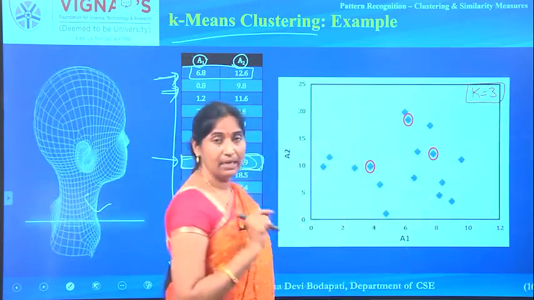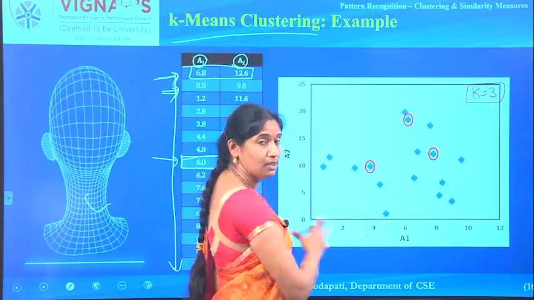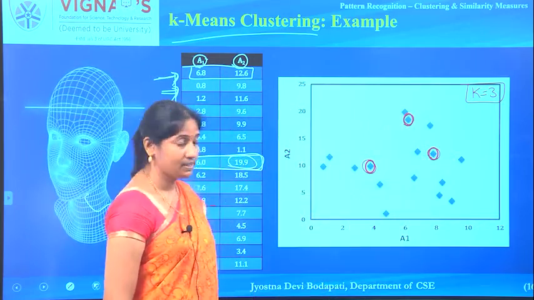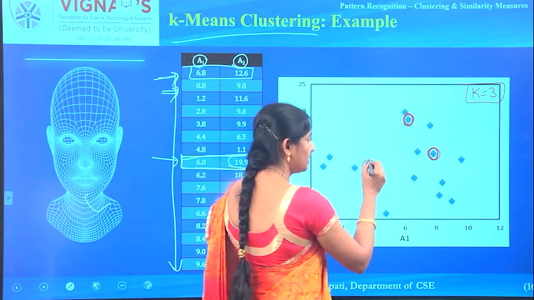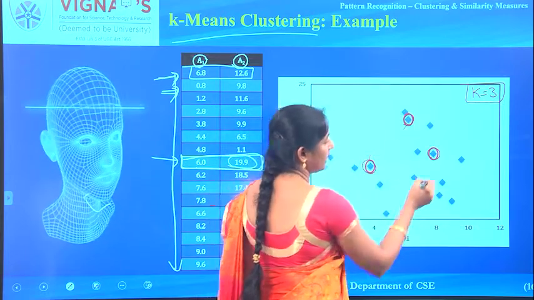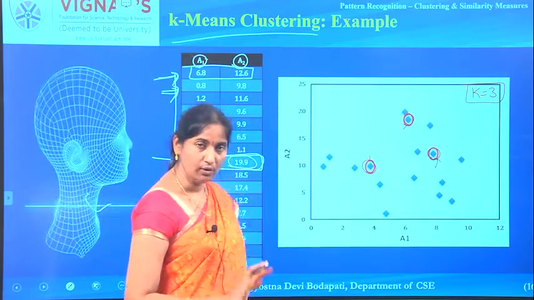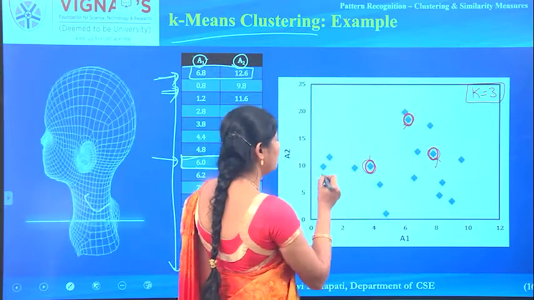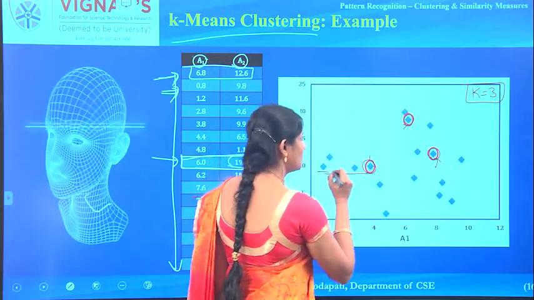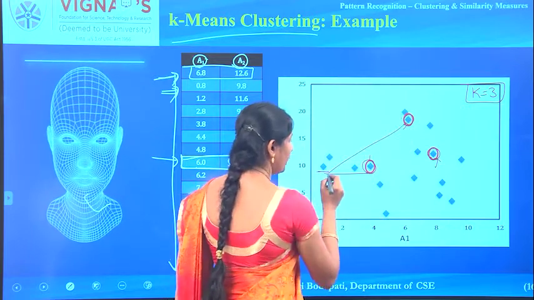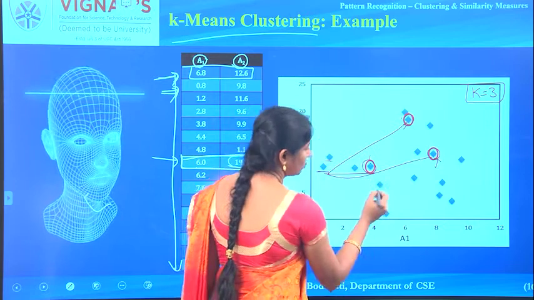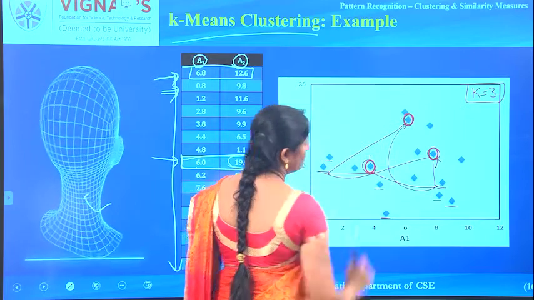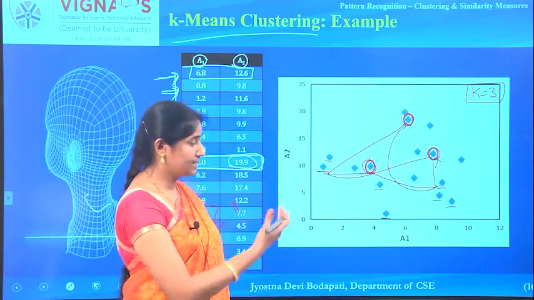In that case, the first step in the algorithm is to choose 3 random samples from the data, and I am choosing this sample and this sample as random samples. Then this becomes the centroid for the first cluster, the centroid for the second cluster, and the centroid for the third cluster. So now the initialization is over. Now you need to compute the distance measure from every data object to every centroid. For this object, you find the distance to this, to this, to this, and also to this. And for every sample you need to identify the distance between that object and all the centroids.